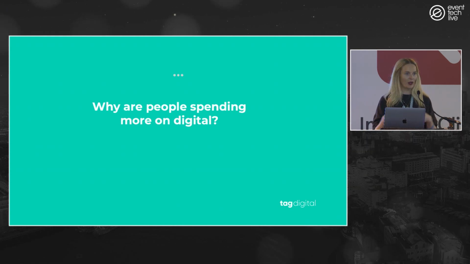Obviously, post-pandemic, marketing looks really different. We're not travelling the same, you're not spending on outdoor the same, on tube advertising the same, print media the same, we're not in offices as much, so we can't be sending out really nice direct mail packs. So all of that money is getting funnelled into digital. It's trackable, it's easy to see your cost per acquisition, it's easy to budget, it's easy to see what's working, and the entire world is glued to their smartphone all of the time, so money's going where the eyeballs are going.